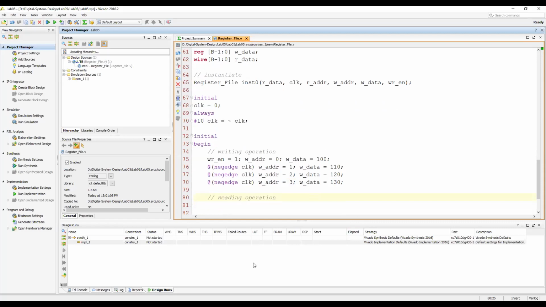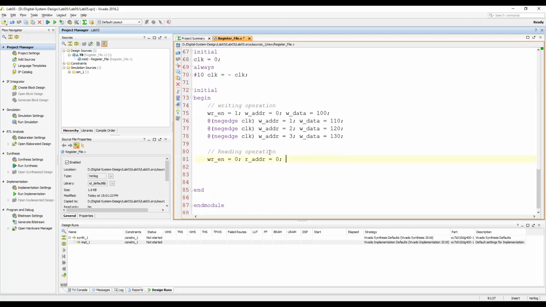For reading, what we need is WR enable to 0. Otherwise, reading cannot happen, and we need to provide which memory address we want to read from. So first of all, let's say we want to read from R address 0. Then let's put some delay of one negative edge, and then we want to read from R address 1, and then some delay.